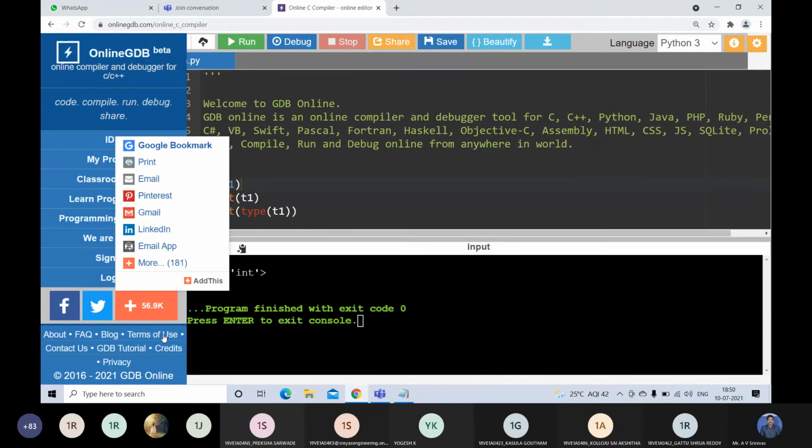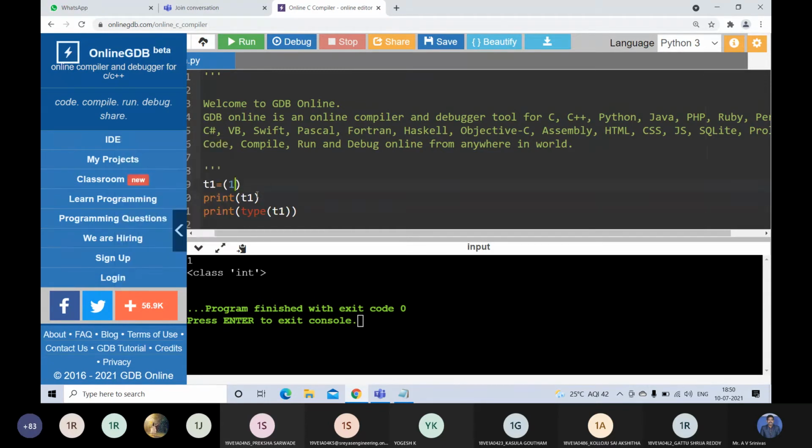If you want to create a tuple with one element, you can write 1 followed by a comma. Then it will consider this is a tuple. See the output here. You will get 1 here, and the type of T1 is class tuple.